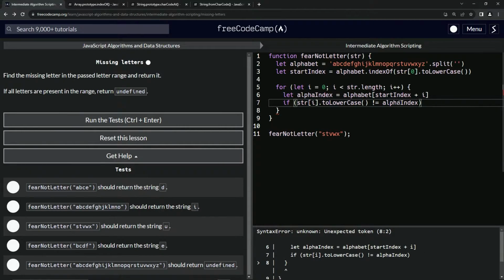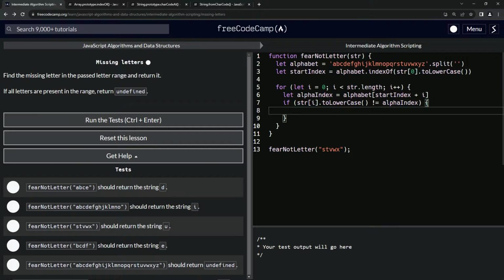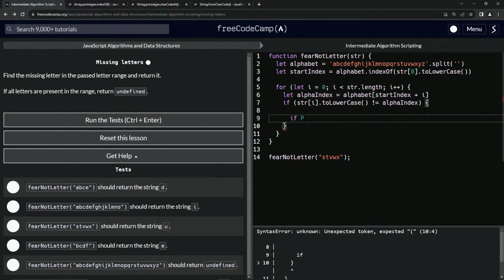So if they don't equal up, what we're going to do is another if statement, actually. So we're going to come down here and say if, because we're going to have to check if it is uppercase, we're going to have to turn it uppercase, or check if it's uppercase and return it uppercase. You know what I mean? So what we're going to do is say if str at 0 equals str at 0